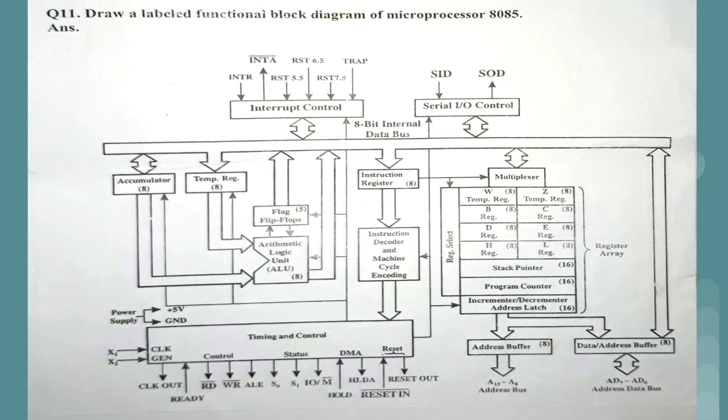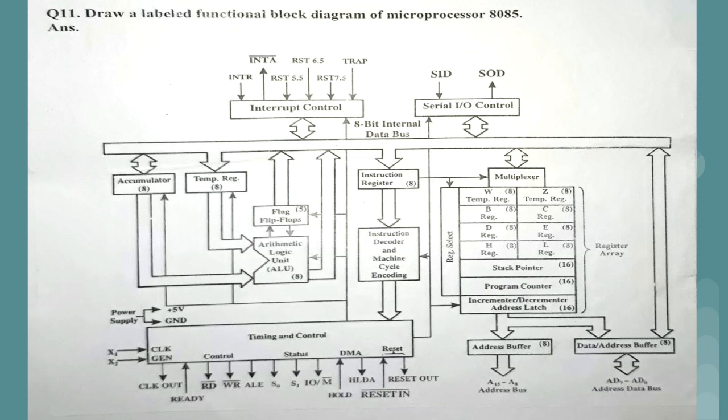This particular diagram we have learned in the CPU register question, write a note on CPU register. In that diagram the first part was the flag register, PSW, and the second part was the accumulator, and then we have this sequence. But now in this diagram, in place of PSW and accumulator, we have temporary registers. An 8-bit temporary register, so that the addition of each row should be 16 at the end. Then we have the BC register, DE register, HL register. Below that the stack pointer, which is 16-bit. Below that the program counter, which is 16-bit.